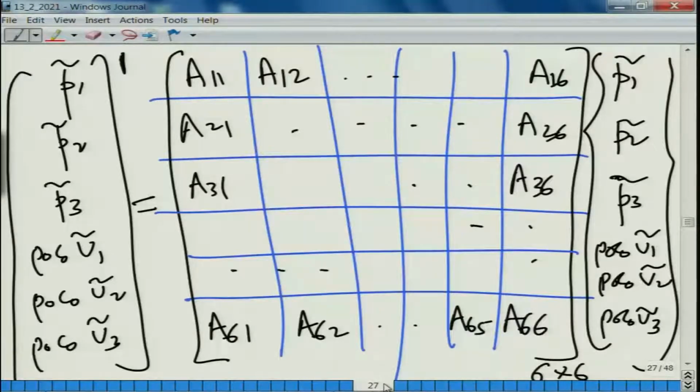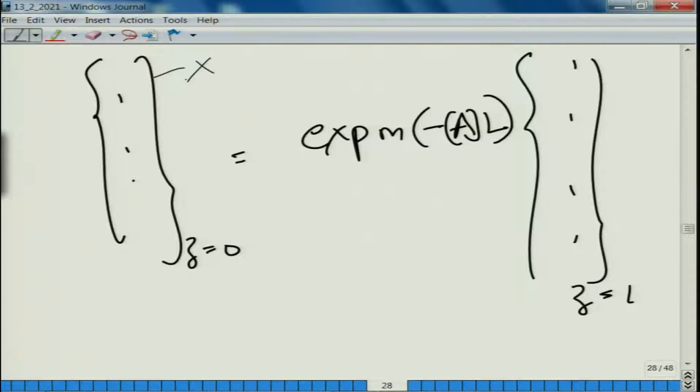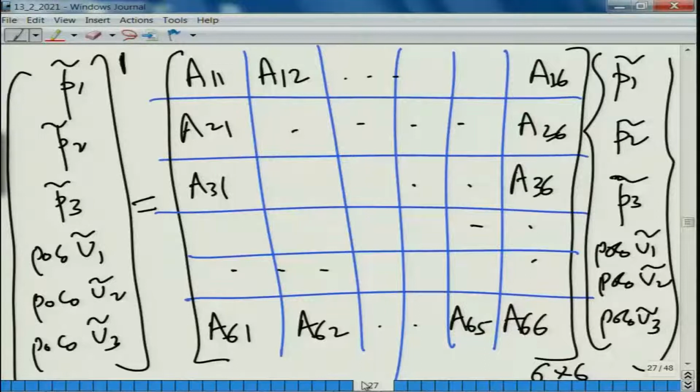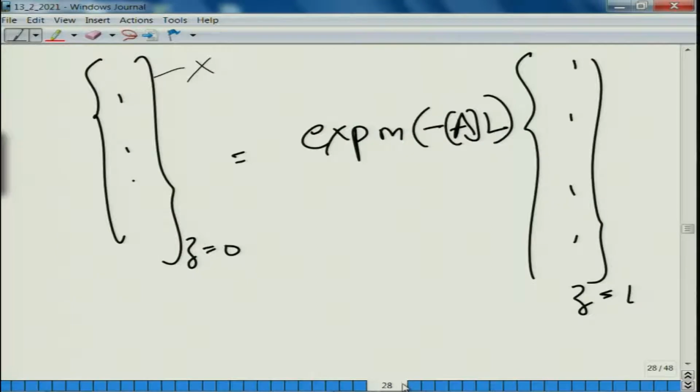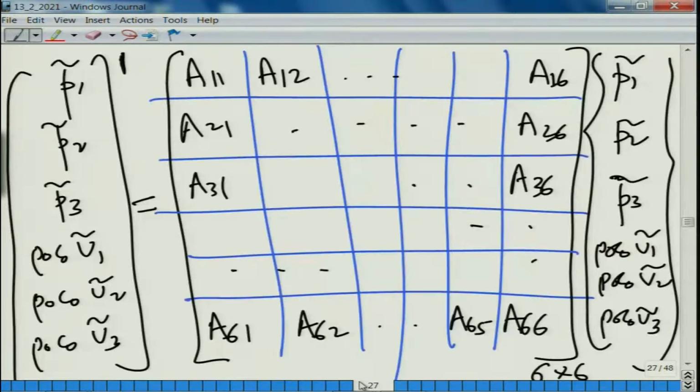So, we hope to put the matrix in this sort of form, x dash is equal to A x, where the x vector is nothing but this particular vector. And this is your A matrix, the entries of which we will have to populate. Now, in the last class I just stopped here, and a good way to start is to write down the different entries of the A matrix. Written in this form, where all the pressure terms are on one side and velocities on the other side, we would get the following form of the A matrix.